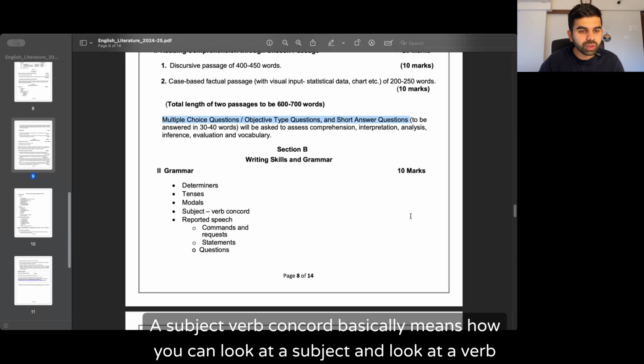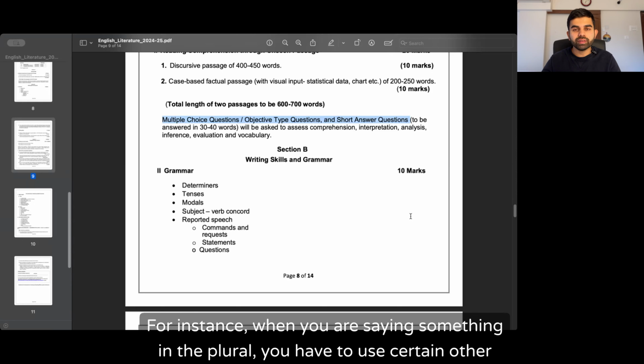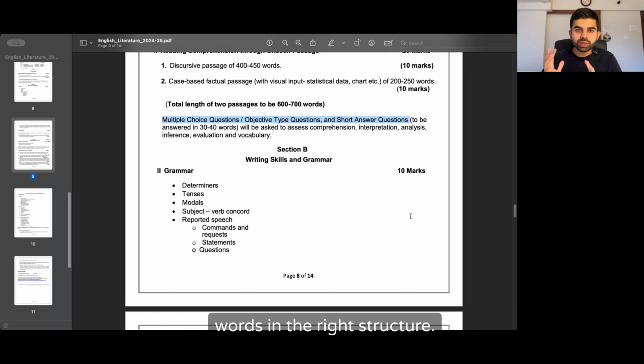A subject verb concord basically means how you can look at a subject and look at a verb and use the right tenses or the right singular plural structure there. For instance, when you are saying something in the plural, you have to use certain other words in the right structure. So I ate many apples,